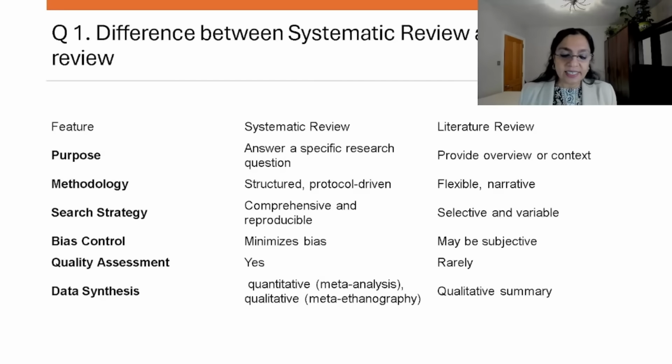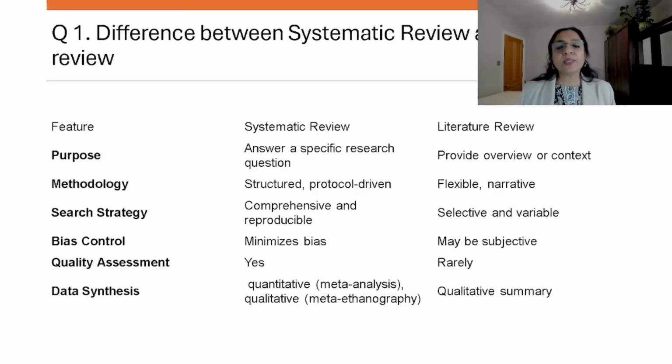Data synthesis. For systematic review, we have defined data synthesis methods like quantitative methods such as meta-analysis, qualitative methods like meta-ethnography, mixed method research designs, and several other synthesis methods. But in literature review, mainly a narrative or qualitative summary is provided.